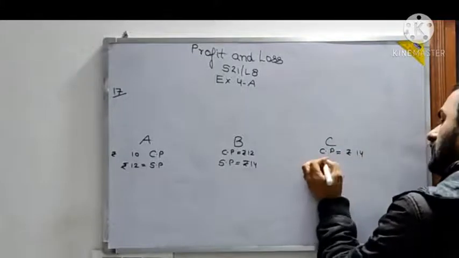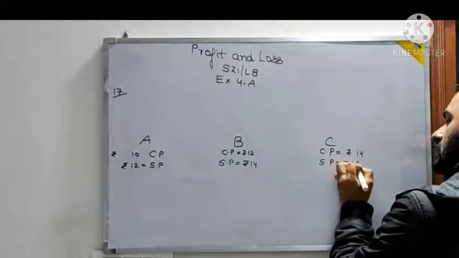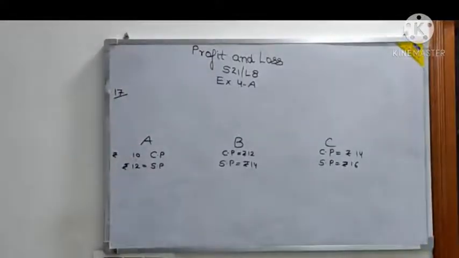If C is selling or not selling, he wants to sell to someone else, he can sell to rupees 16. Got it? So see, the item is same, or the entity or commodity that they are selling is same. But depending upon who is selling and whether they are selling at a profit, see, I have assumed that all are selling at a profit only. But so see here, can you find that